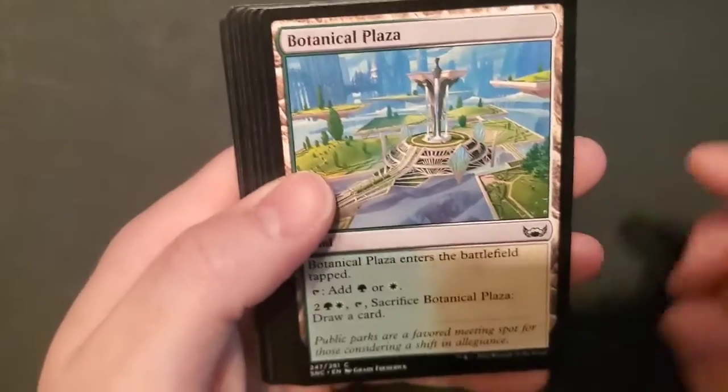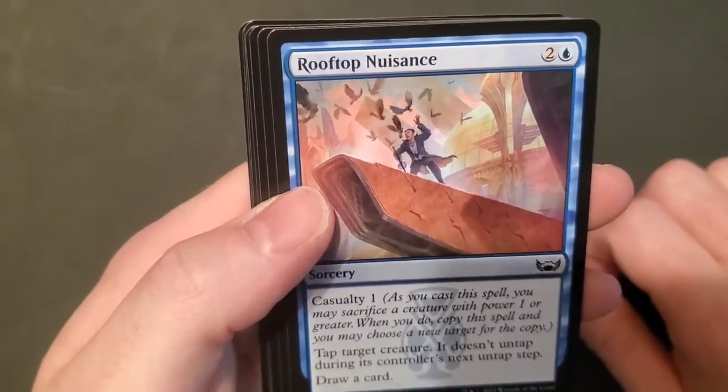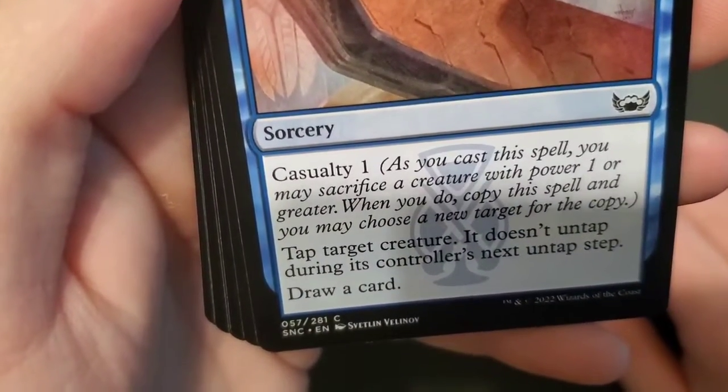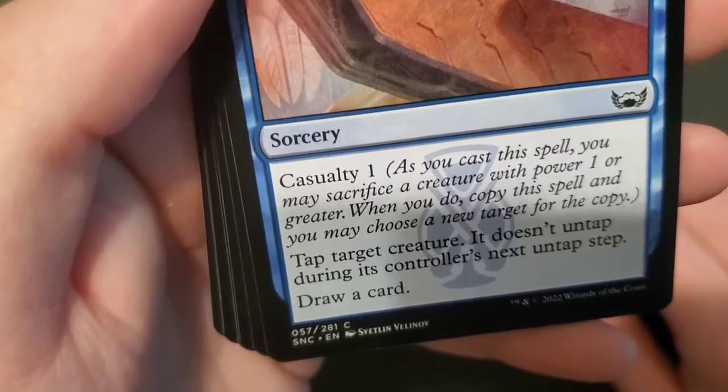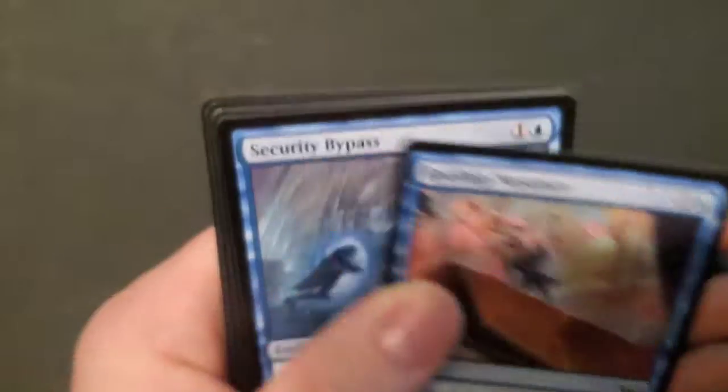We've got one of our dual draw card lands there. Rooftop Nuisance, 2 and an island. It's got Casualty 1. It's a sorcery. Tap target creature. It doesn't untap during its controller's next untap step. And you draw a card. So,